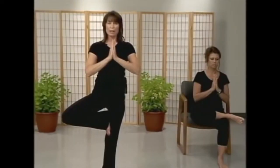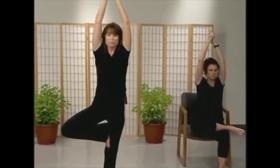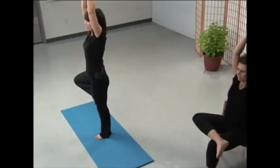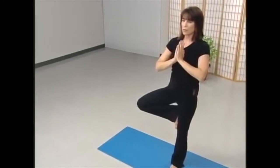And when you're ready and balanced, you can stretch your arms up overhead into a V position or into temple if you'd like. Remembering to breathe, stretching up while at the same time feeling rooted and grounded like a tree. And when you're ready, bringing your hands back down to your chest, pausing here for a moment,